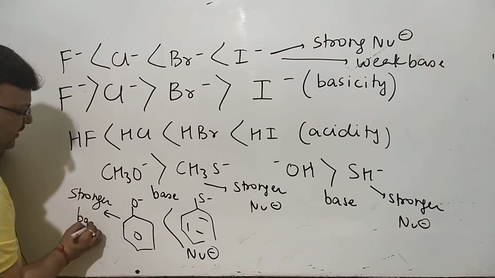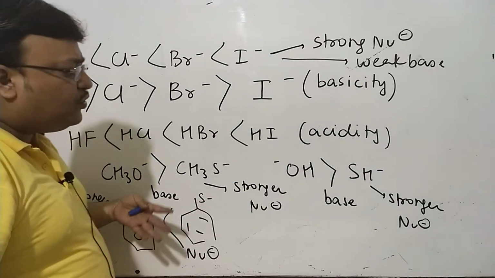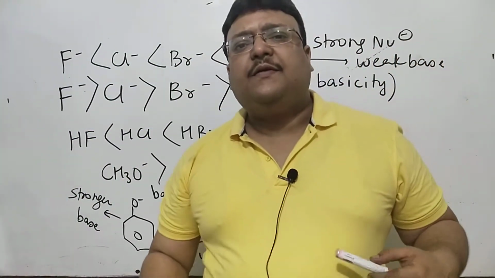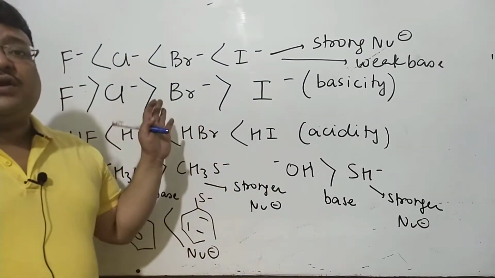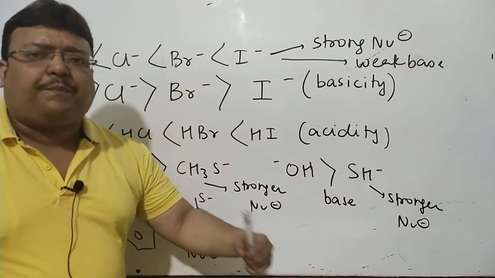So you'll want to keep copying this at your convenience. Remember, I've written basicity in the first two cases. In the third case, I've written nucleophilicity. The general rule is, down the group, nucleophilicity will increase and basicity will decrease. The two run anti-parallel when they are members of the same group in the periodic table.